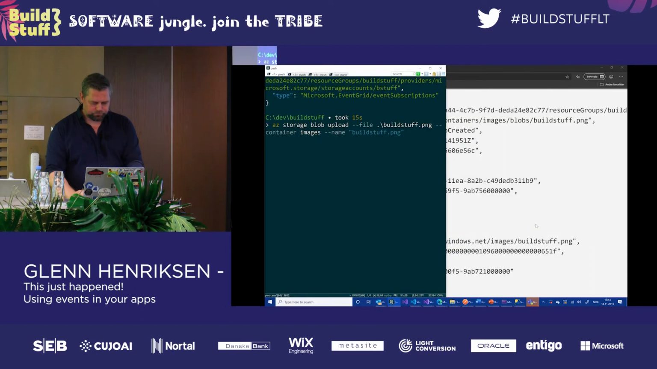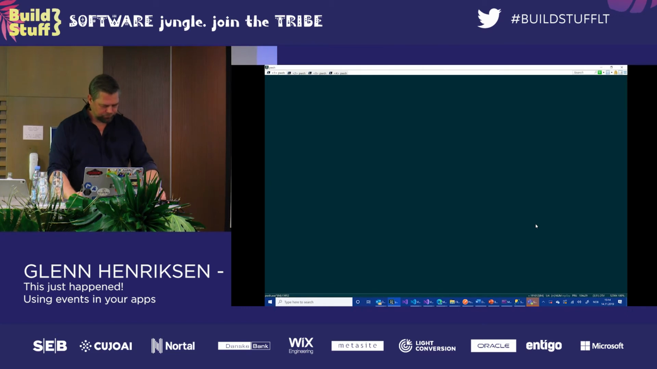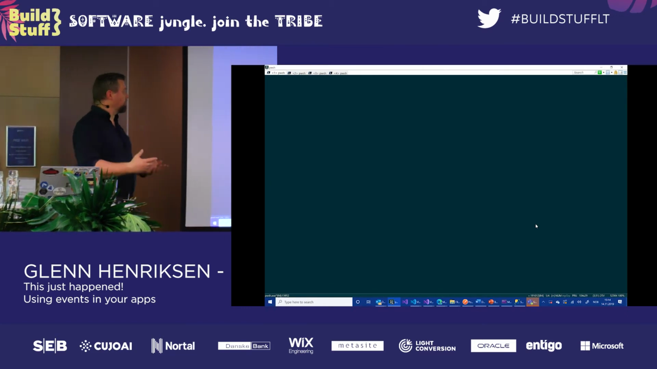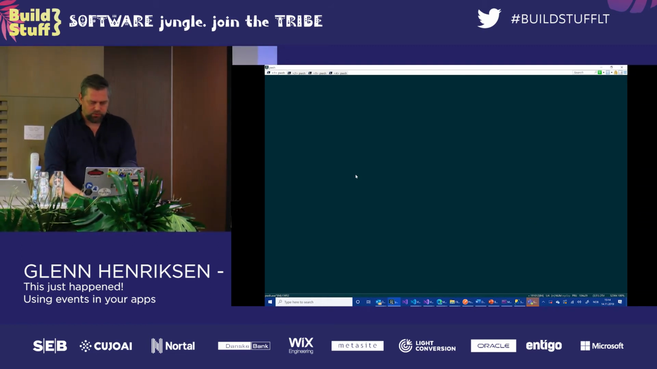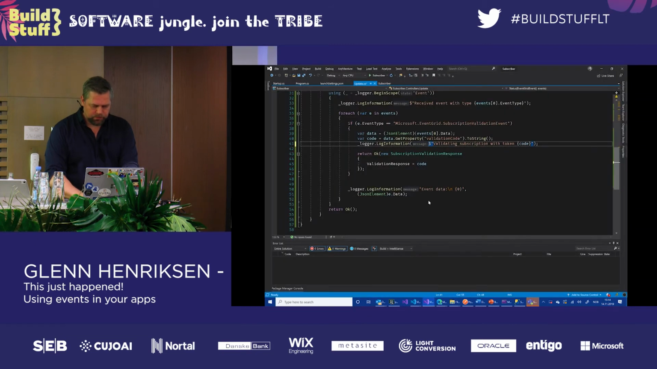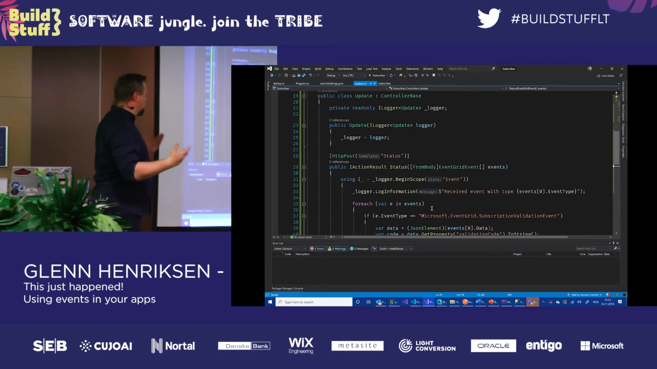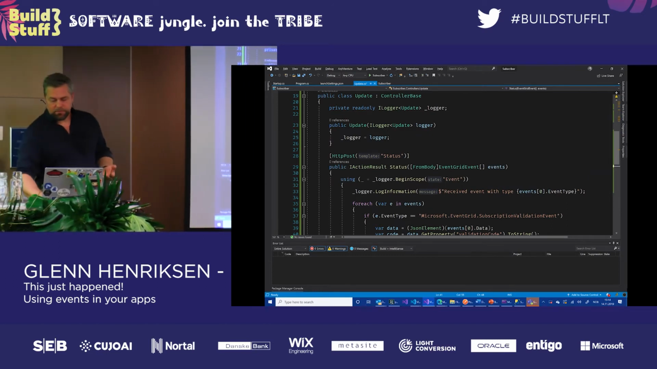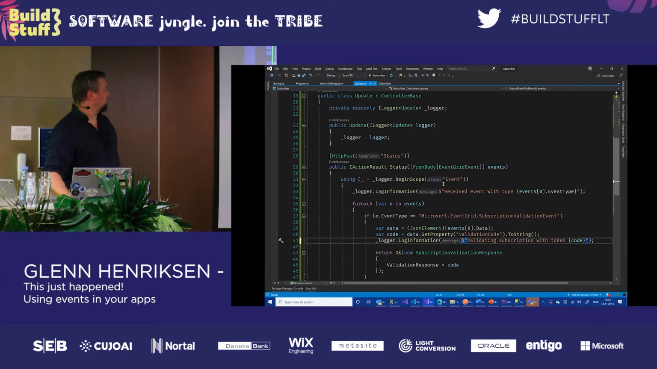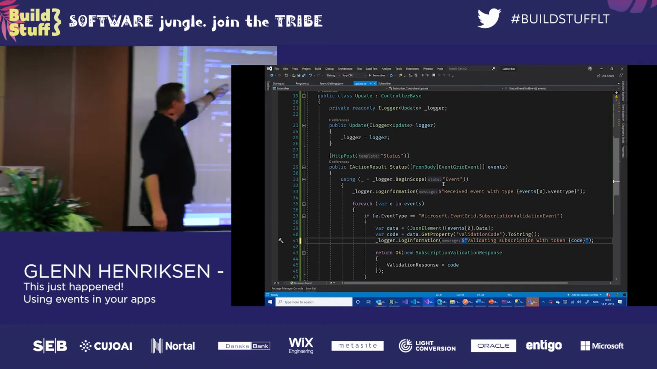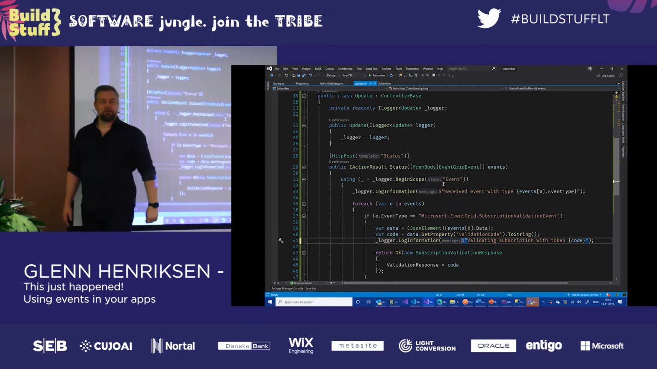Now, that's all nice, but let's make our own subscribers. We'll start with that. So here's some code for subscribing to events. This is a normal plain ASP.NET website. There's nothing special about it, except it has a controller. I've called it update. It has an action called status, and it takes an event grid event array from the